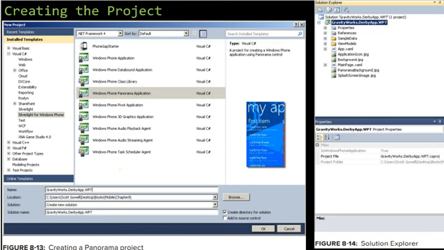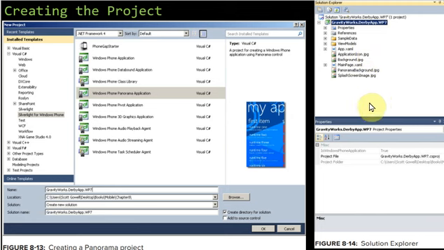Okay, so once we have created the application, the next point you can see here is the solution window. In this Panorama application, the application is created with the default Panorama background.